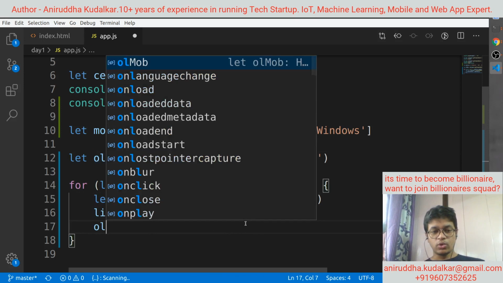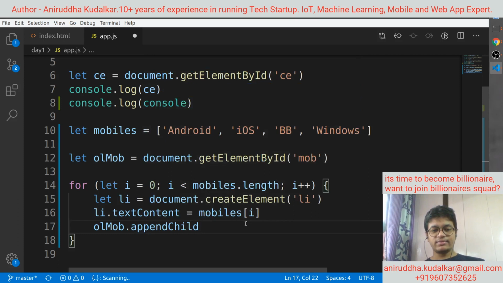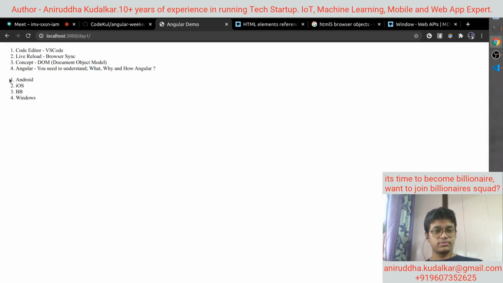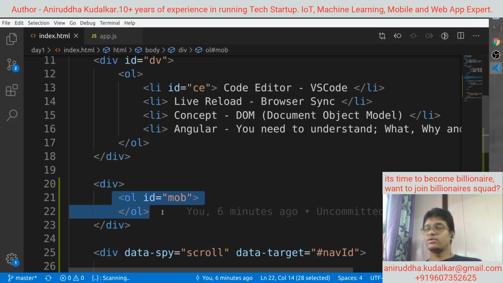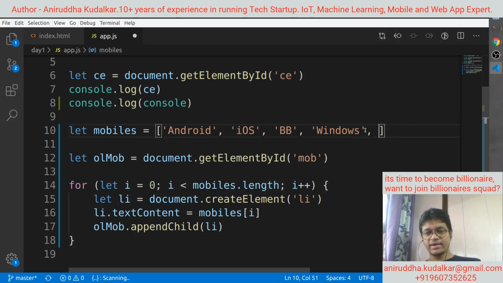So see, ol mob dot append child, and then you can add li. See now, can you see here, automatically it has been added. Your HTML is having an empty ol ordered list, and the script which is pointing to the document object has added this content. Now see, now you can add Windows and palm top,